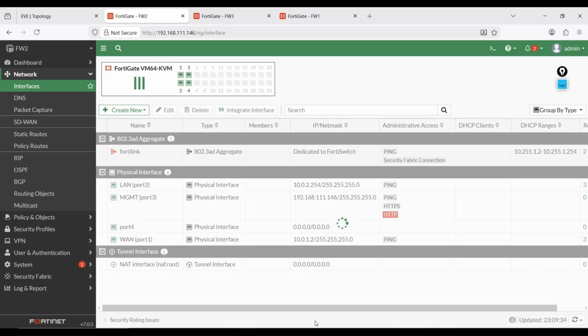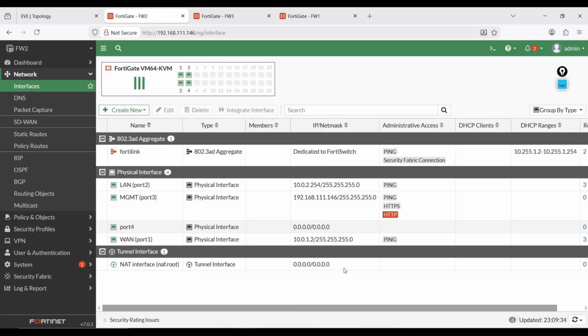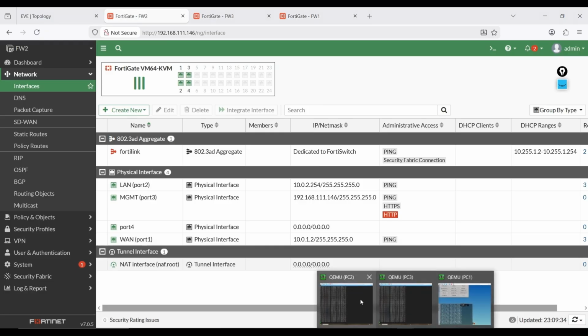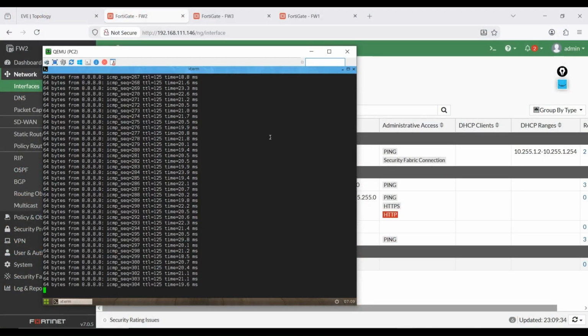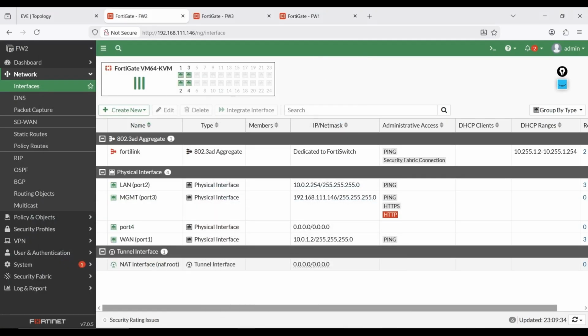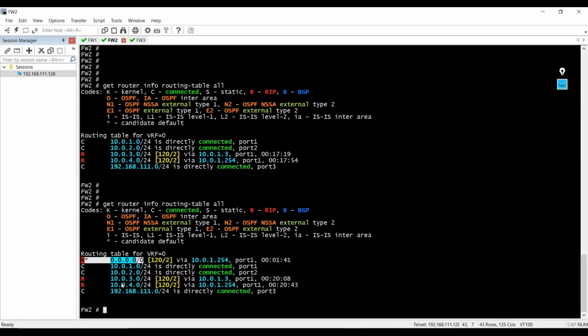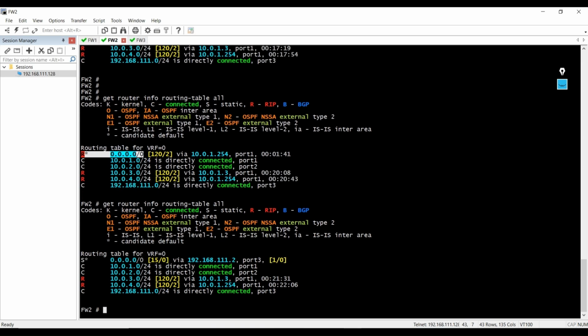Just click OK here, and that's it. This is firewall 2. Now from PC2 the internet will stop. Here you can see I'm not able to ping the internet, right? And if you go to the CLI of firewall 2 and hit the same command again, you can see we are not learning this through RIP.